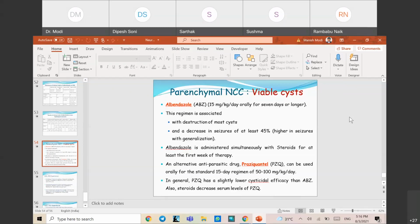permanent vision loss because of severe inflammatory reaction, which will damage your retina because they are present in the different layers inside the eye. And once they produce this inflammation, the damage will be permanent because of the vascular damage and direct damage to the various layers of retina. That is how we are managing intraventricular or ocular